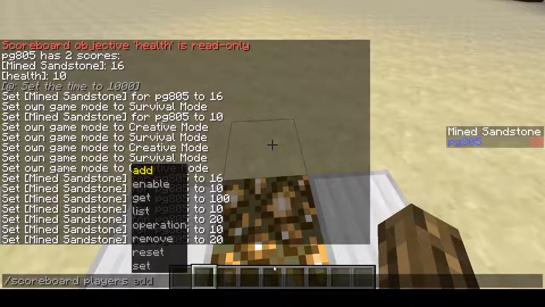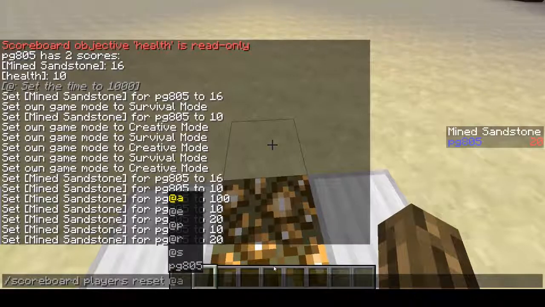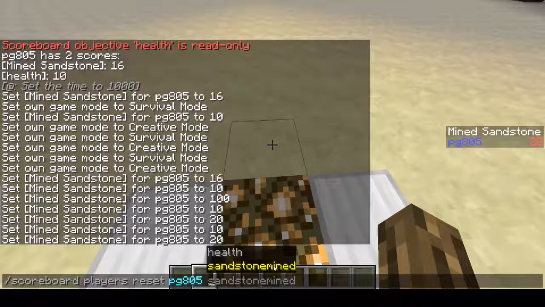So then the next thing that we can talk about is reset. Reset is sort of like the remove that we did for objectives, but instead we can remove specific ones. So let's say I don't want to keep track of sandstone mined. It's going to actually just remove that objective from me